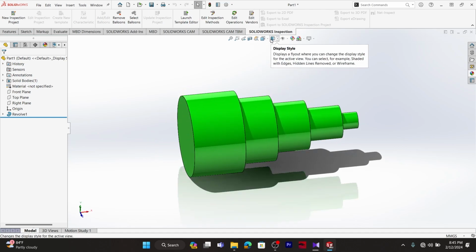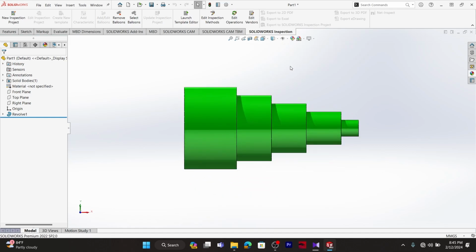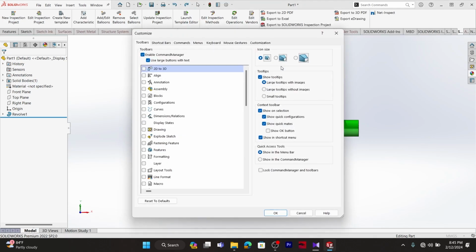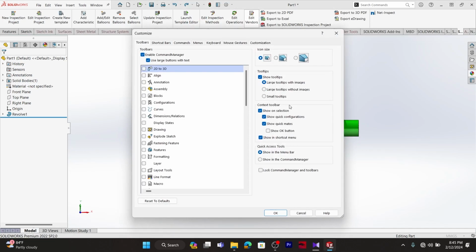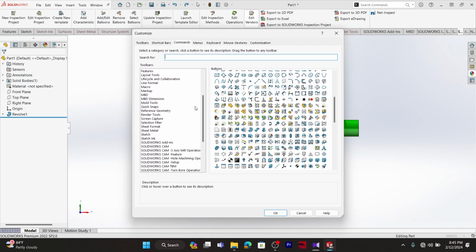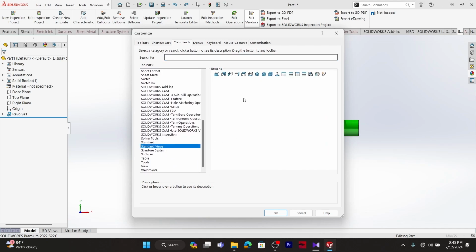It's pretty useful and we use it very frequently, so I'll just add that normal to option somewhere on the head sub toolbar. To do that I'll right click. And I'll select Customize. So this Customize option will show up. Alternatively you can go to this gear icon, click this arrow and select Customize. From here go to Commands. Scroll down. Go to Standard View. And here we have the normal to option, select drag it and drop it, and that's going to add it